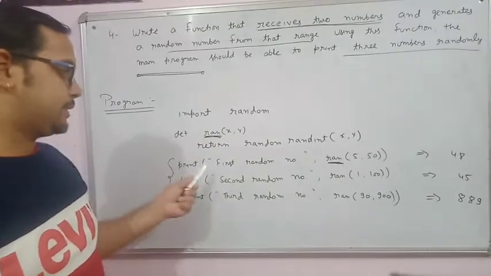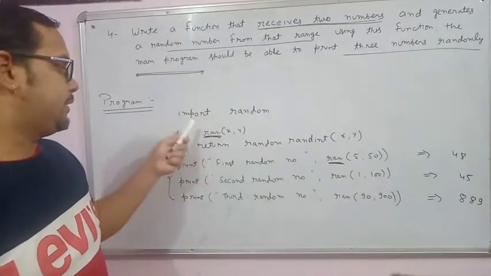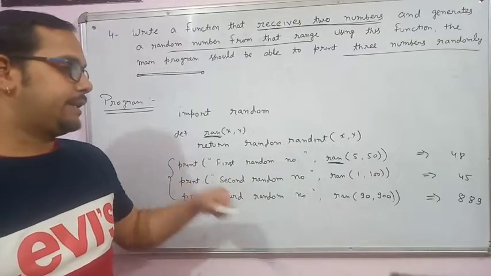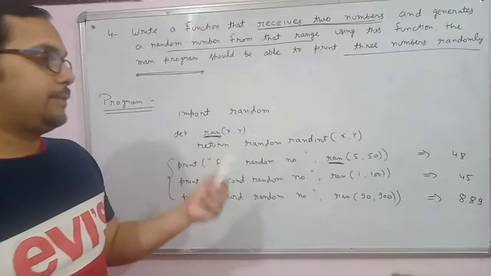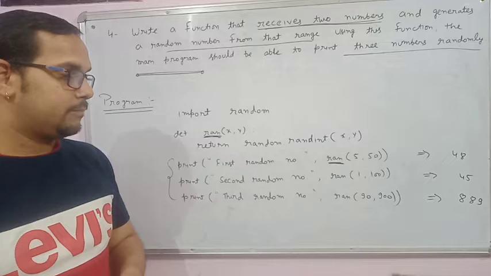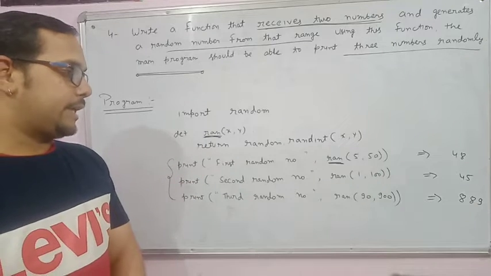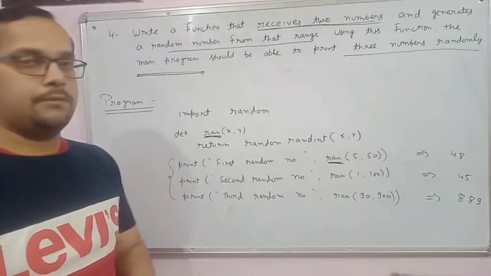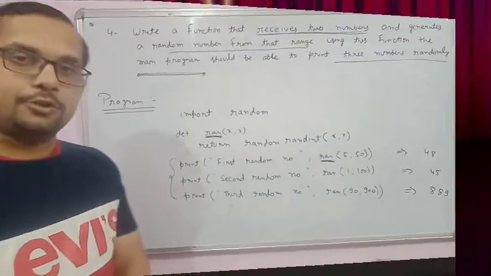No confusion. The first random number works in the same manner. The first two values are assigned here, and then from this range it will generate any random number. If you execute your program again, it will produce a different random number from the previous one, or maybe it will display the same random number. Randomly it will generate numbers. No one can decide which number will occur. I hope this program is clear to you.